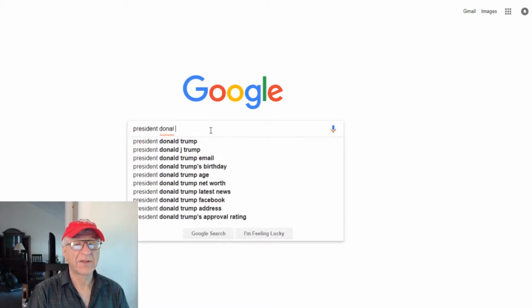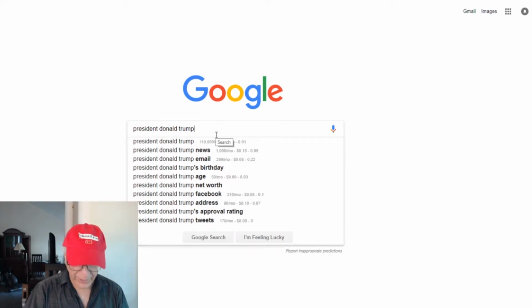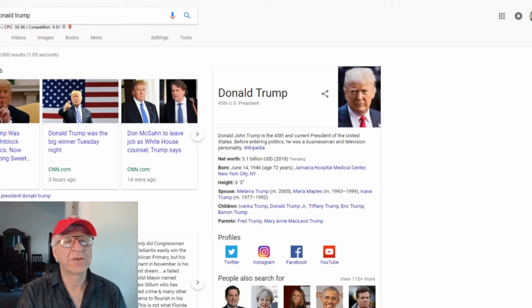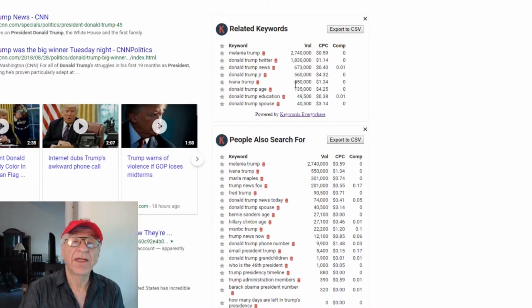President Donald Trump, and it's going to come up a little bit differently. It's still going to come up on the right side of the screen. It comes up in the volume about in the upper left. Oh, it comes up with 110,000 per month, just like VidIQ. And now, right in the middle of the screen, you'll see related keywords,